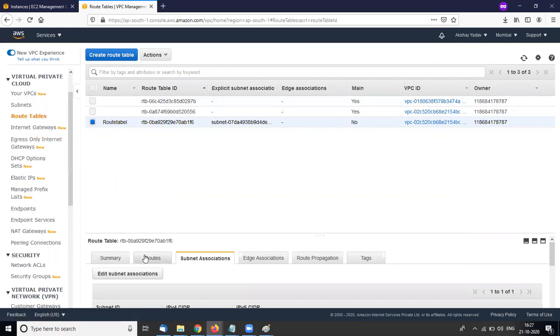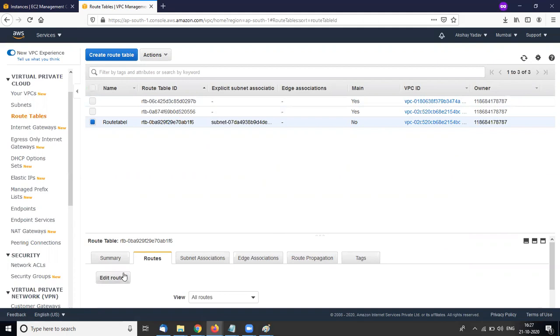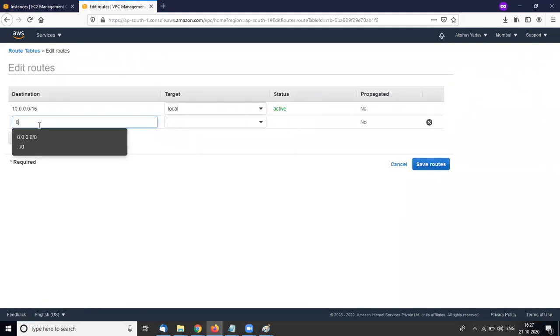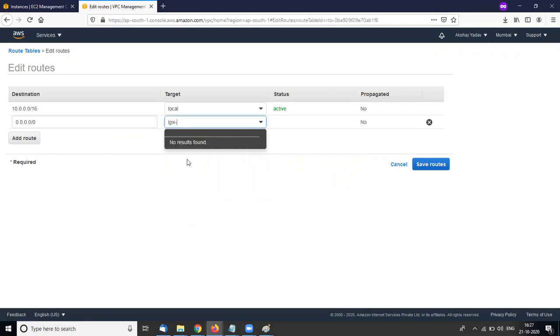And in routes I am adding some route: edit routes, add route, 0.0.0.0, and my internet gateway IGW not found. Please wait, it is just launching.